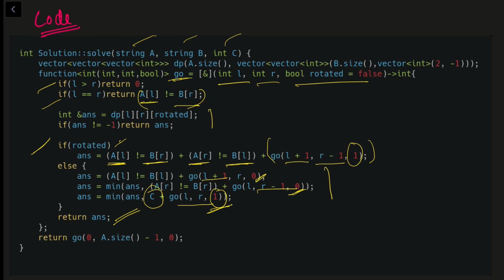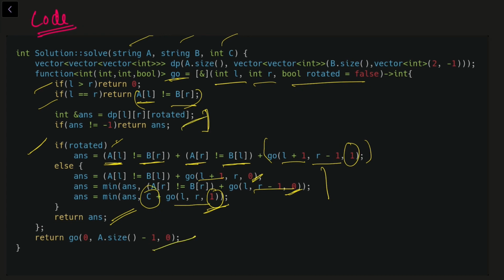Okay, so after that, I'm just returning the minimized answer that I'm getting out of all these conditions. And at this part, we are basically memoizing the solution. We are just trying to store this solution in this DP state, right? And at the end, I'm calling this function go, and it is returning me the optimal answer. So that's how we are solving this problem quite easily.